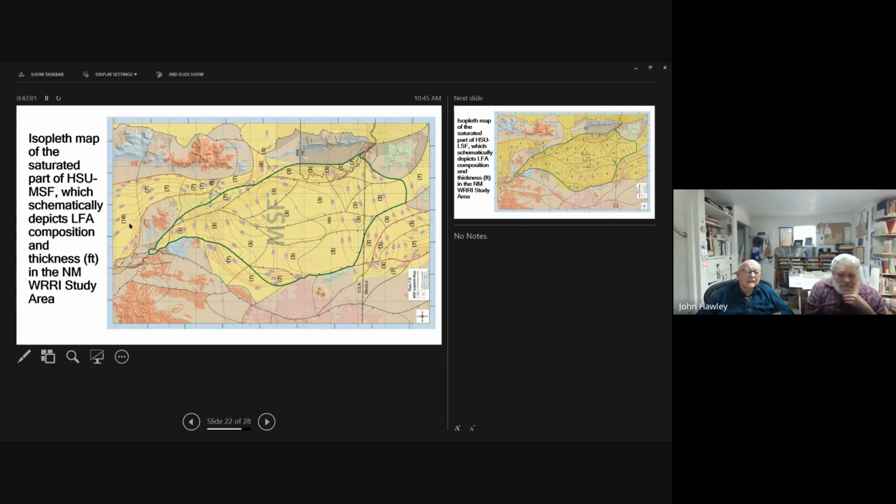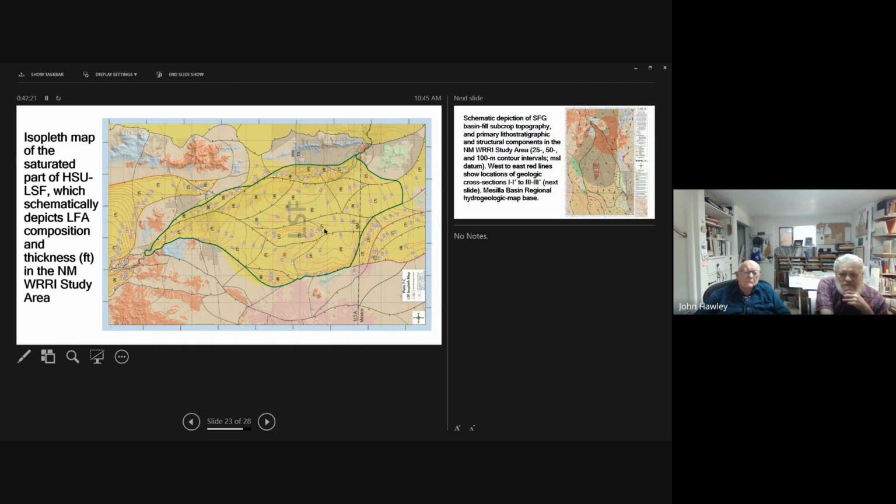And then we get down, we find 10, which is an evaporite-bearing clay that has very low hydraulic conductivity.